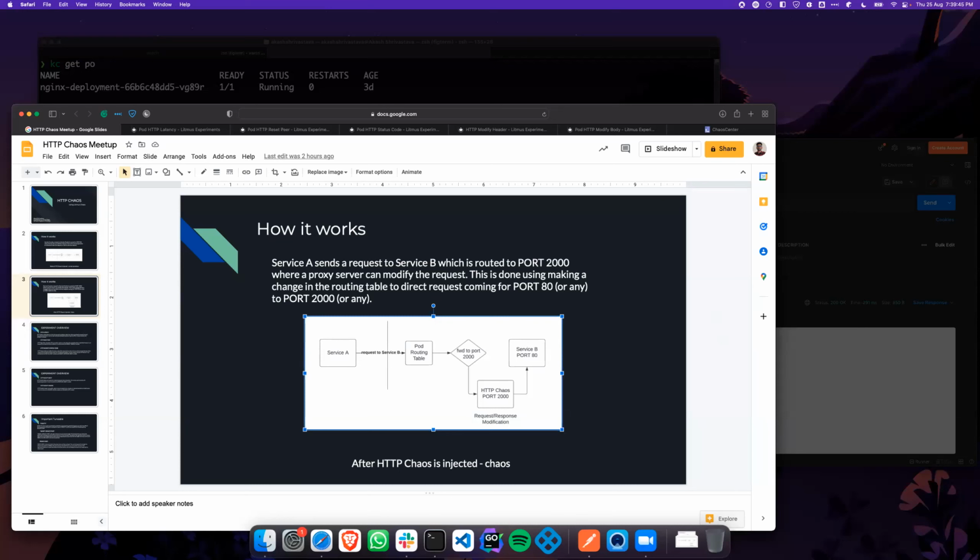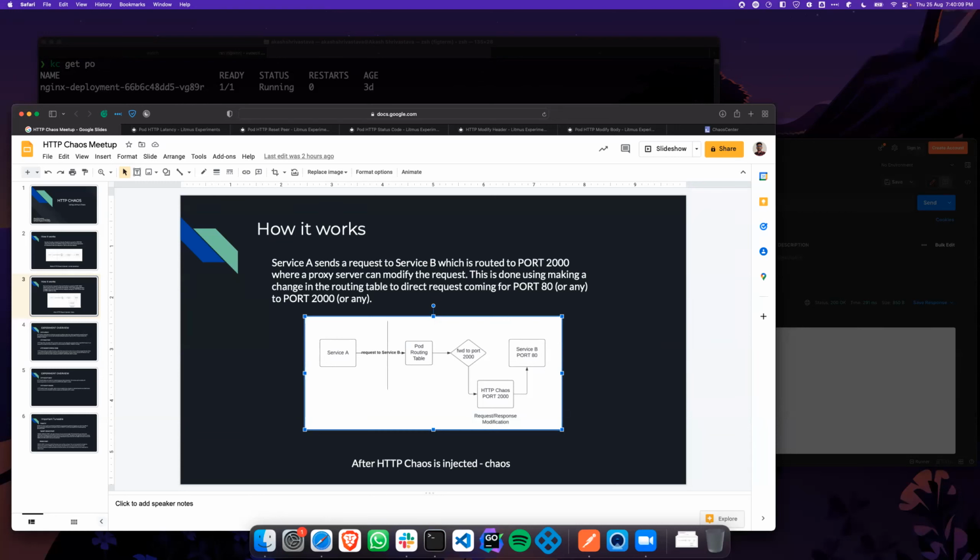Do you have any plans to, I mean, one good use case would be to exhaust the number of HTTP connections on a particular port, to have an increased number of connections on a particular HTTP port of service B. So would that also be supported? I couldn't get your question. Can you speak up a bit?